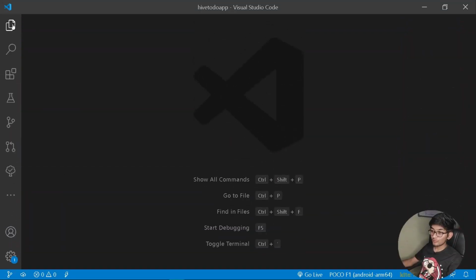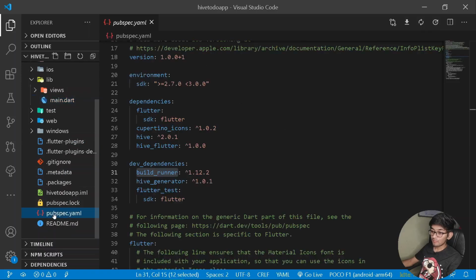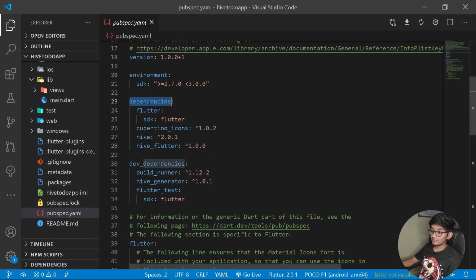Let's get started. So first thing first, let's move under our project folder, and under our pubspec.yaml file, under dependencies, you need to get the dependencies of Hive and Hive Flutter. After having these dependencies, under the dev dependencies, you need to get both of the dependencies of build runner and Hive generator. Hive generator shall be helping us in generating the adapters for our database, and the build runner shall be helping us in generating automatic Hive code. So once we have gotten all of the following 4 dependencies, we are good to go.